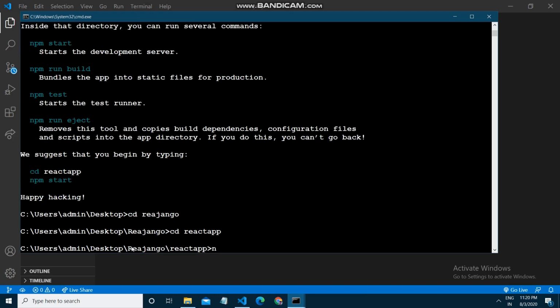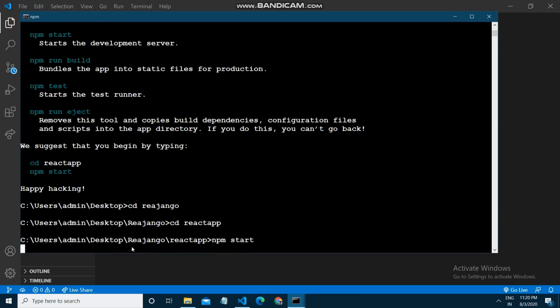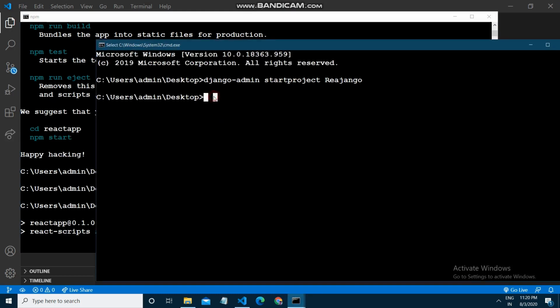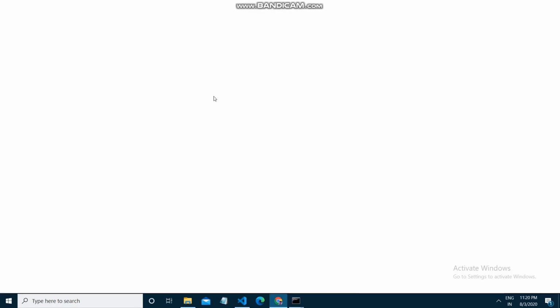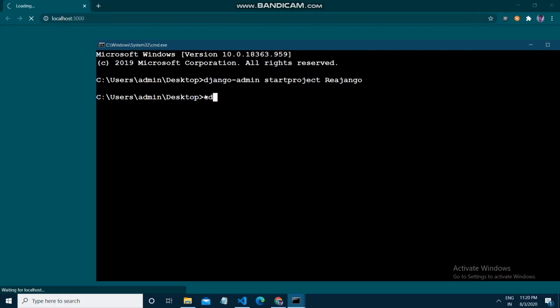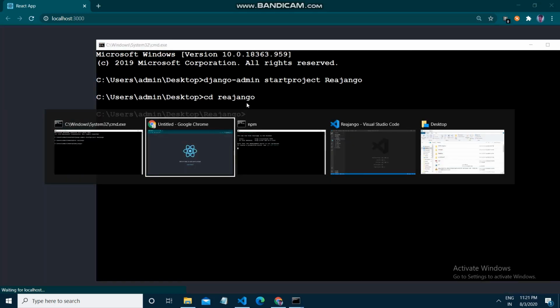Now here I will type npm start. Our React app server will start, and similarly I will go into my Django project. I just need to type cd ReDjango. Okay, I am in my ReDjango folder.